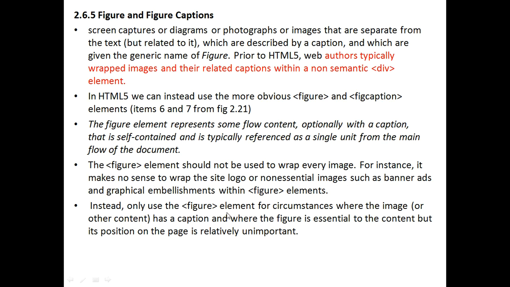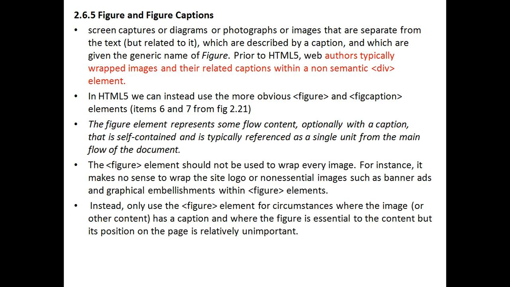Instead, only use the figure tag element in a circumstance where the image has a caption and where the figure is essential to the content, but its position on the page is relatively unimportant. What happens if you use a figure? Not only visibility, the browser will consider the figure and figure caption as a single unit for further purposes.